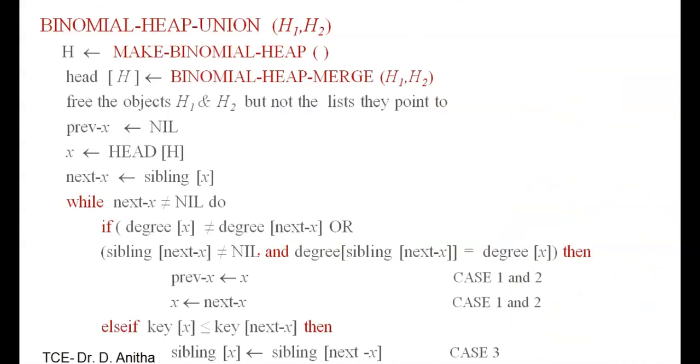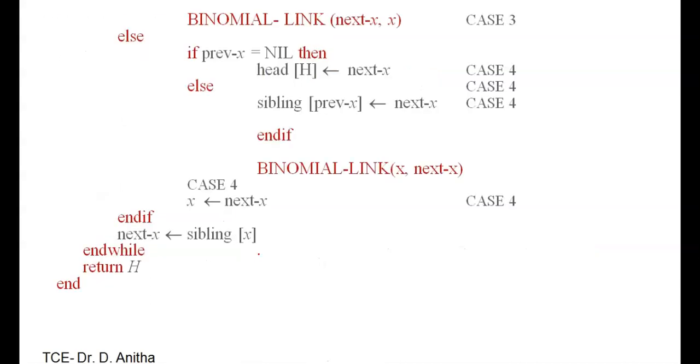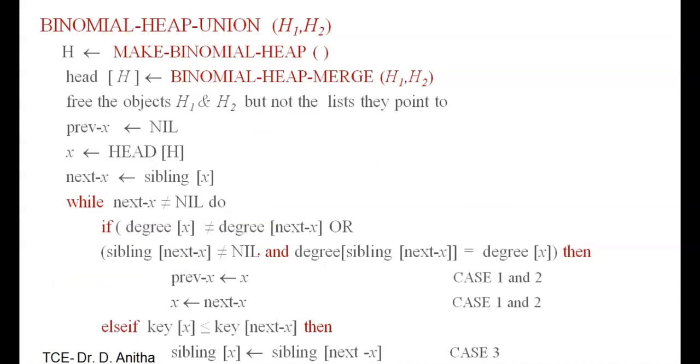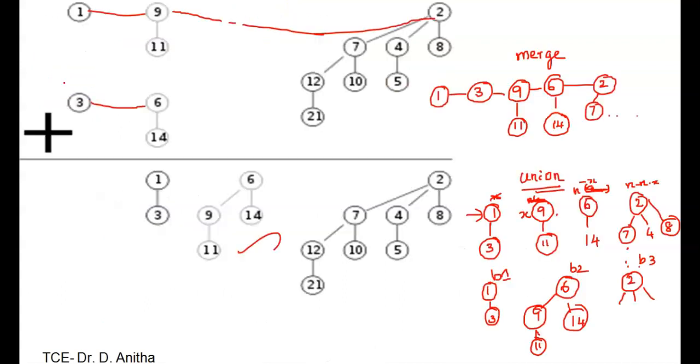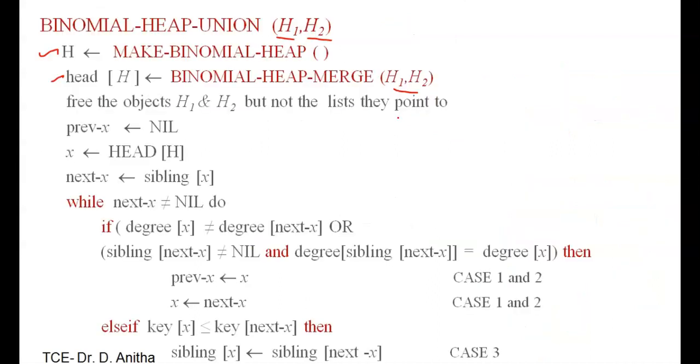So this is an algorithm that takes the same. So what we have done is we will be starting with we are going to merge your H1 and H2. Two heaps are there. So this is the final heap. So hence I am making an empty heap and I am making that head as binomial heap merge. So I am merging these two heaps and giving the first element as the head of H. Okay, hope you have this merge operation, right? This is the merge operation. So this would be the head of the merged. So this would be given to here.